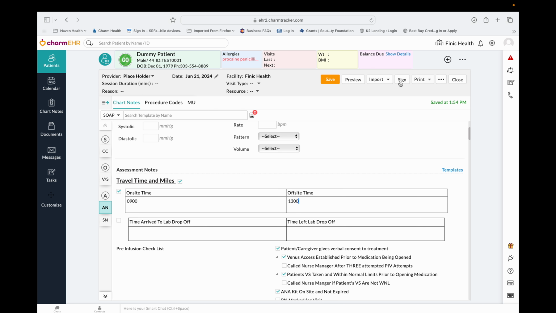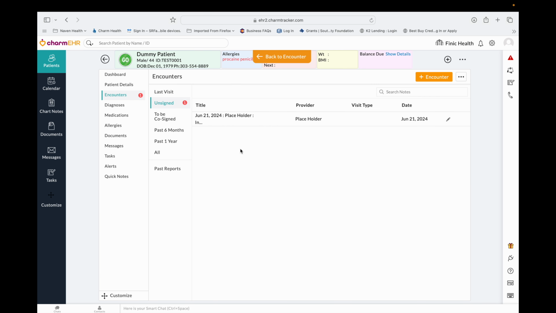And then you can go ahead and hit sign again. The last date of every visit will need to have a supply sheet order form created for that patient for their next visit. This will allow us to request all of the supplies that we will need for that patient